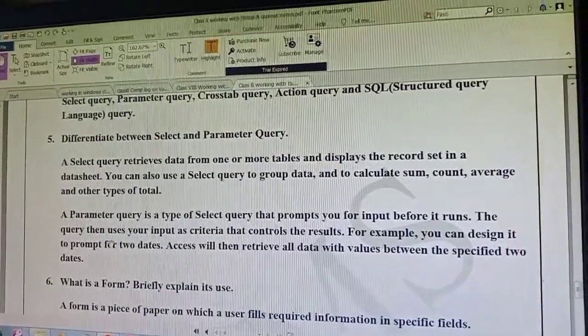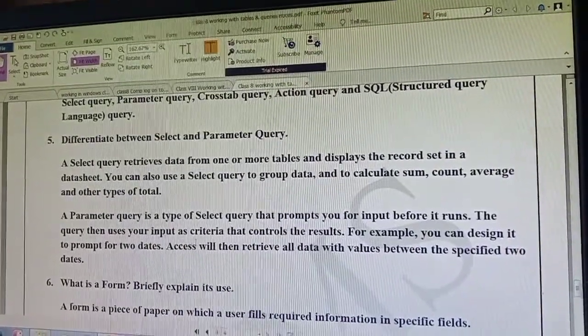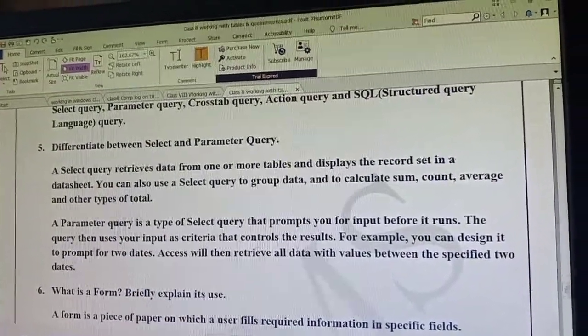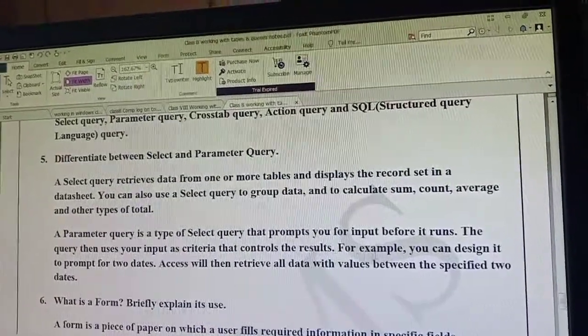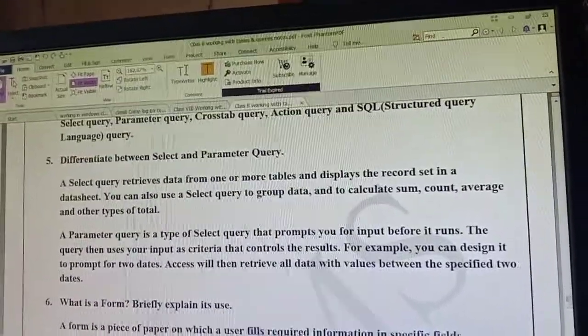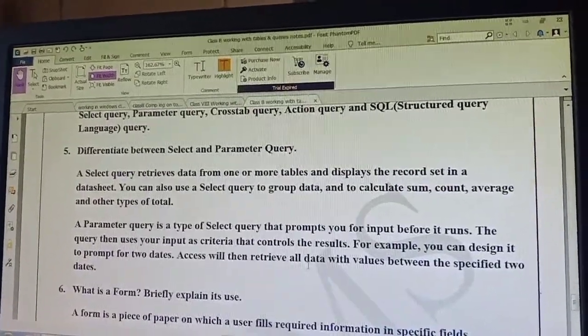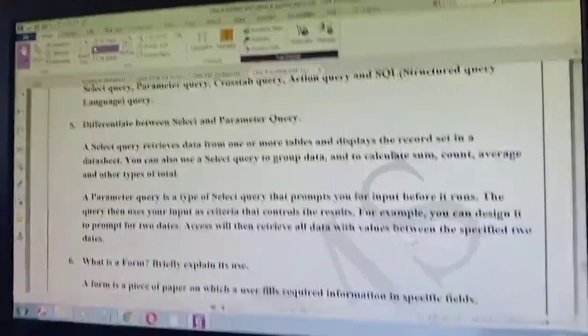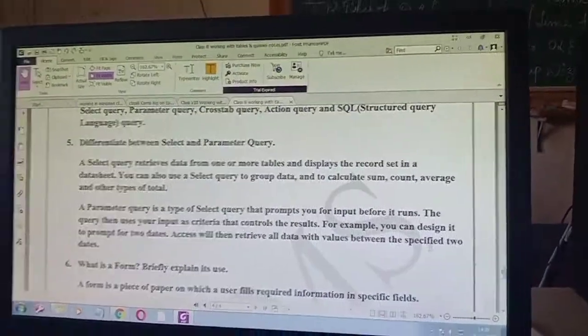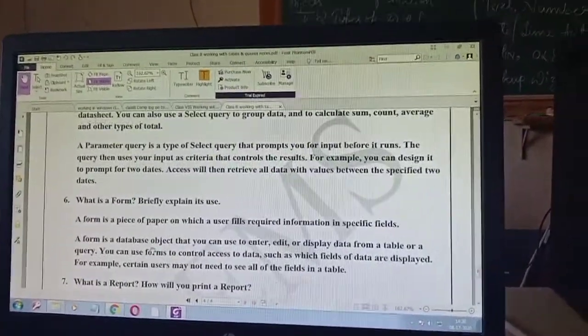The query then uses your input as criteria that controls the result. For example, you can design it to prompt for two dates. Access will then retrieve all data with values between the specified two dates.